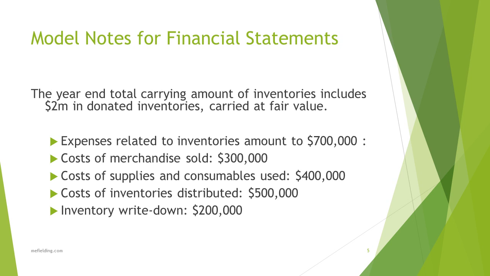Right, the actual cost of inventories distributed is $500,000. So I have to say it'd be a bit disappointing if the World Food Organization was spending 4/9 of its income on itself for food, but there you go. So cost of inventories distributed 500,000, and remember we're looking at expenses. Here you've got an inventory write down. So for whatever reason they've got some inventory in their balance sheet and they've written that value down by 200,000. Whether it's been stolen, whether it's been damaged, whether the value's gone down.